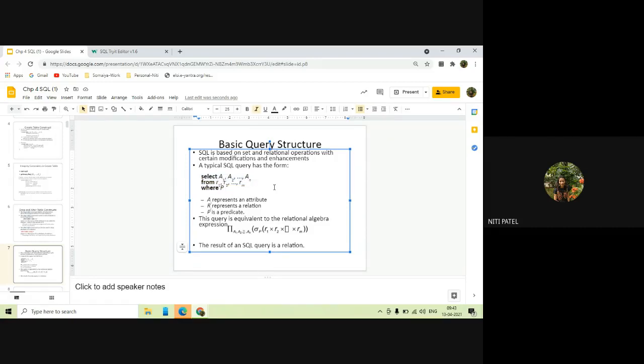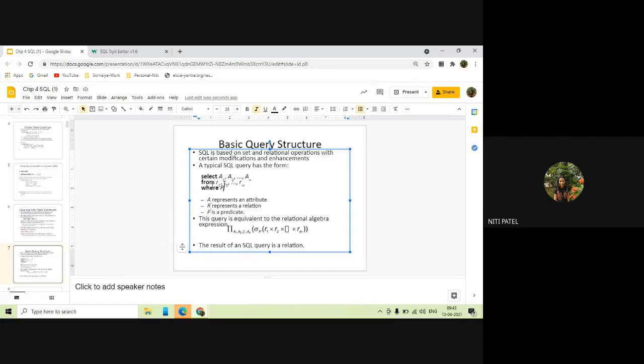Select, from, where. Now, what is it telling? Select means select the columns which you want in the output table. From means from which relation or which table you want those columns. And where is nothing but the condition. So when I say select A1, A2, A3, A4 and so on, they are nothing but the attributes.